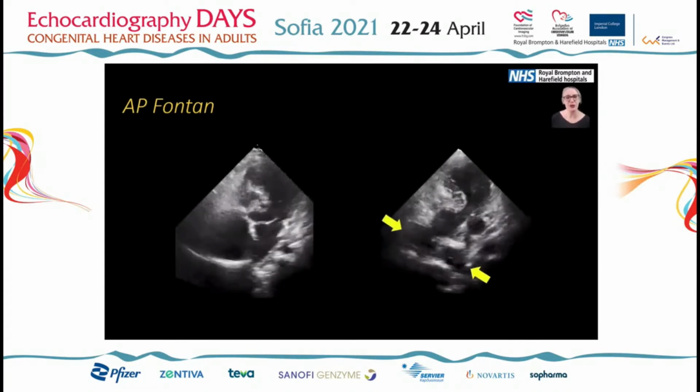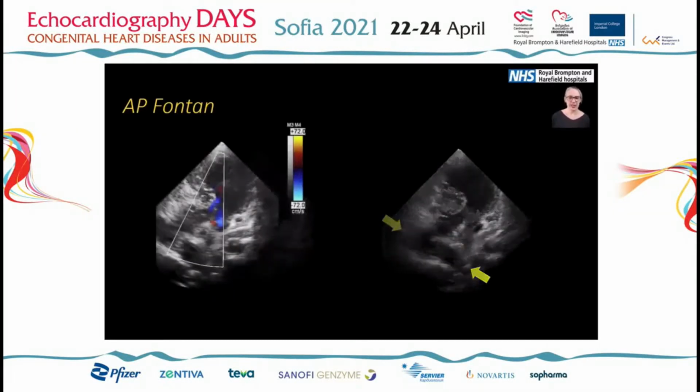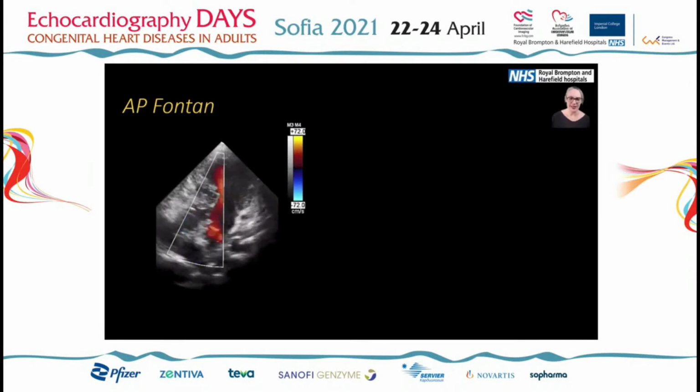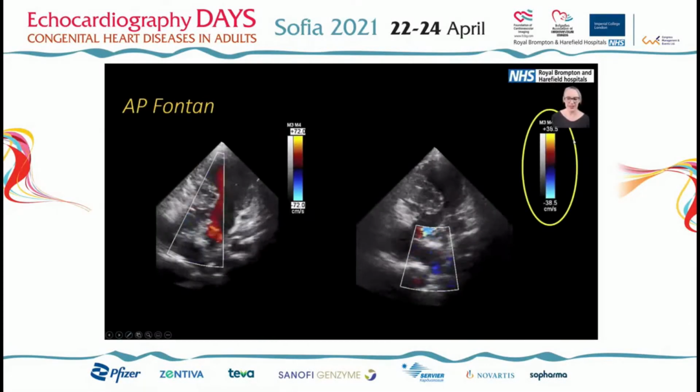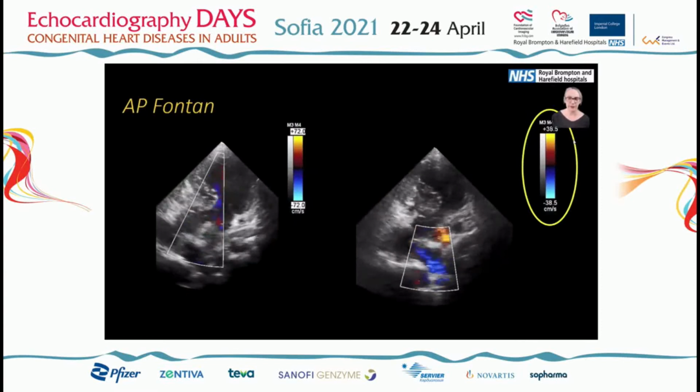It's just we need to know what to look for, and these connections are often down in the far field. Same will happen with the Doppler. On our standard settings for the Doppler, even though we know that this is the connection here, we don't really see very much, but if we optimize our settings to detect venous flow, remember this flow is really low, so we need to reduce that scale,